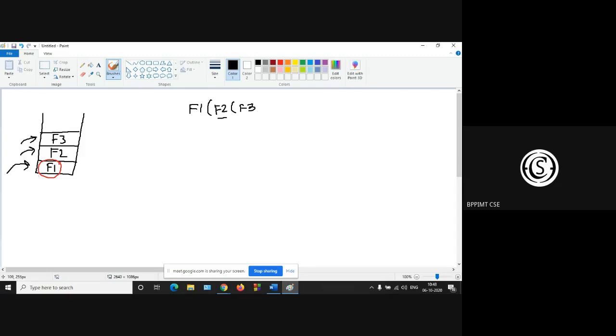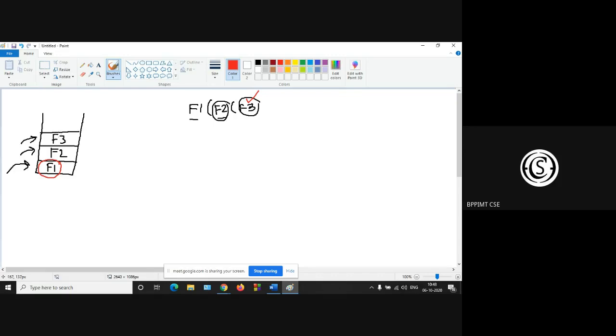This f1 contains f2, and this f2 contains the f3 function. Now after the execution of f3, f3 is the last entry in the stack, just like a CD stack.